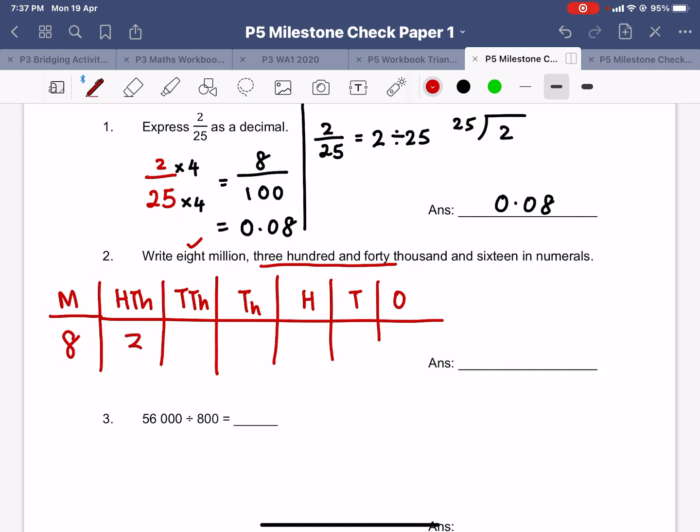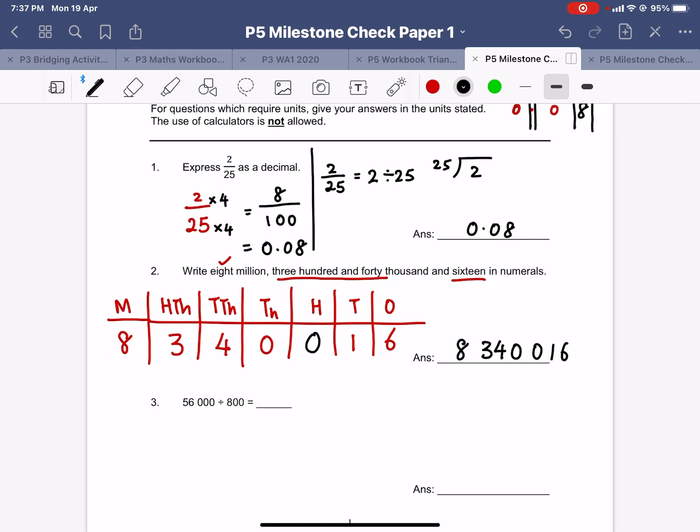340,000. 340,000, 16. So 16 is of course the last. So there's a blank in the middle, so we fill it up with a 0. So this is 8,340,016. Alright, so you can see, even though questions 1 and 2 look simple, there's a lot of workings involved